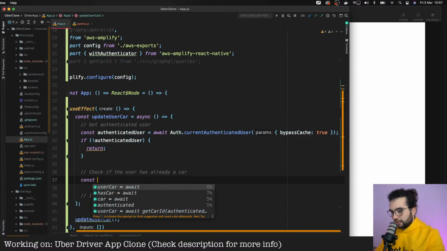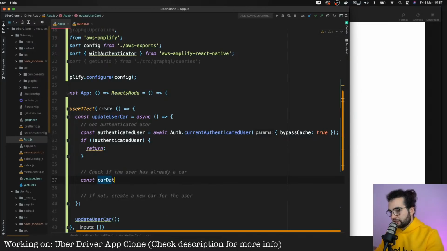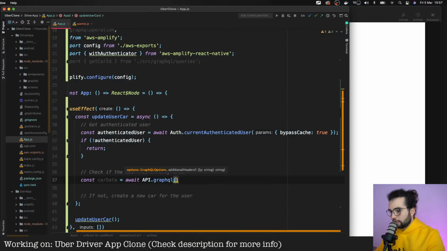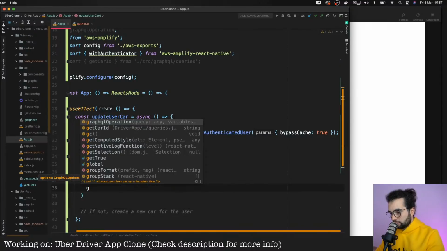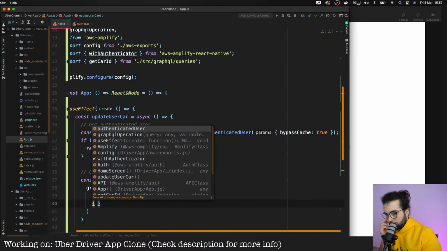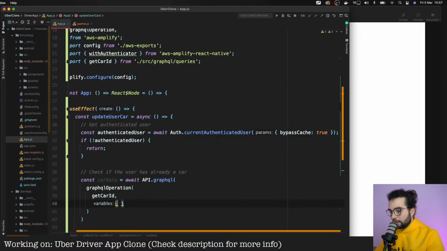Sorry, guys. So here we'll have const car data is equal to await api.graphql, and in the GraphQL we send a GraphQL operation, and the operation will be get car ID, and the ID of a car will be the ID of a user, the ID of an authenticated user.